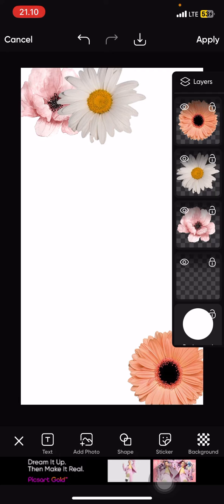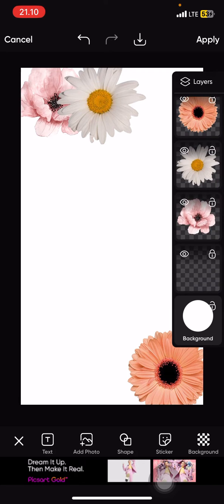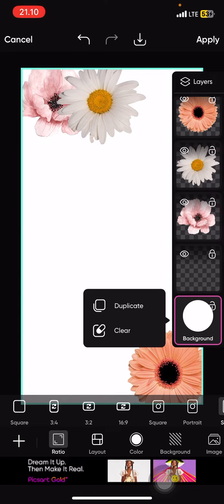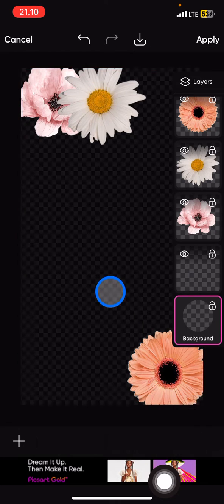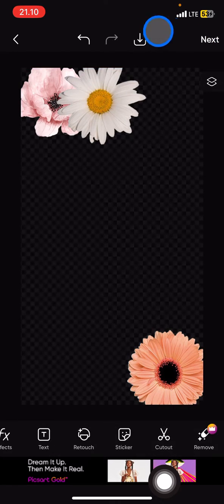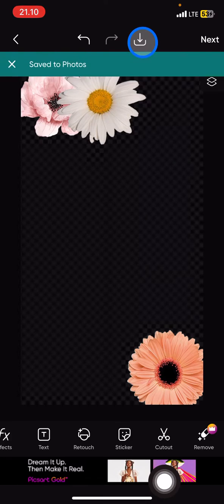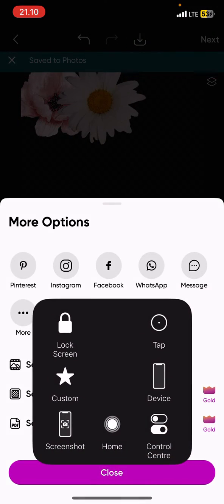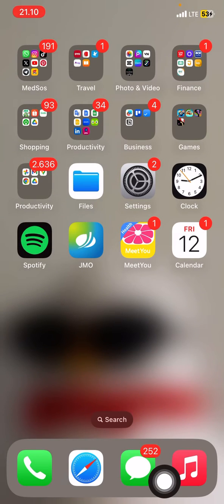to click this layer, and then you just need to click this clear, and whenever you're done you just need to click apply and download this. Okay, so let's find out, does this work on our